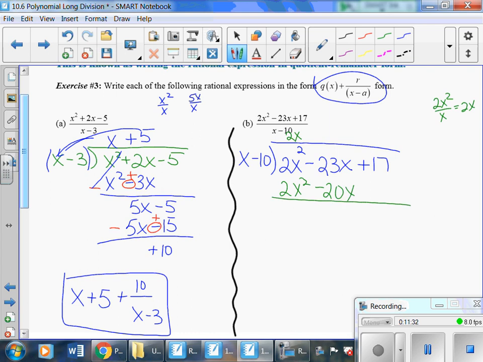Now we're going to subtract. Minus, plus, these cancel, and I get 3x plus 17. And now I do 3x divided by my x, and I get 3 plus 3. Multiply it out. You get 3x minus 30. Remember to subtract. Minus, plus, and now these cancel, and I'm left with